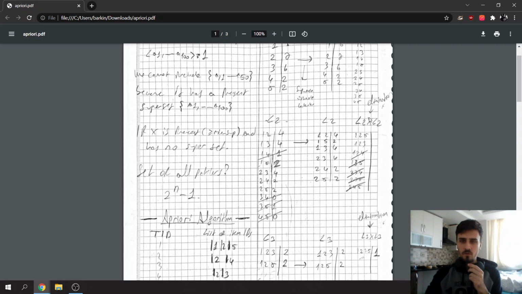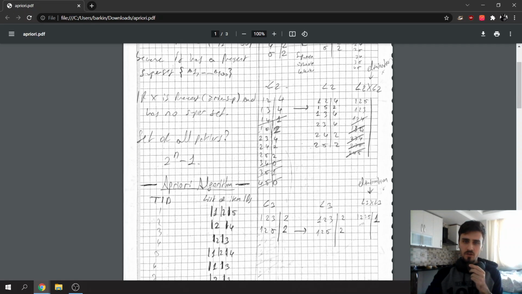So for elimination, we will look here. For example, we eliminated 1, 4. And if any of them has 1, 4, we will eliminate them also. For example, 1, 2, 4 is eliminated too because 1, 4 is already eliminated, and 3, 4 eliminates this one, 4, 5 eliminates this one, 3, 5 this one, etc. So after elimination,